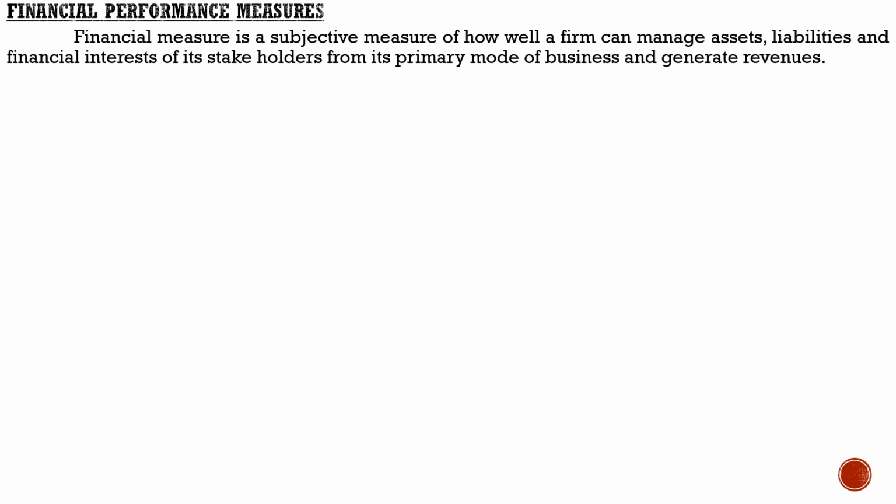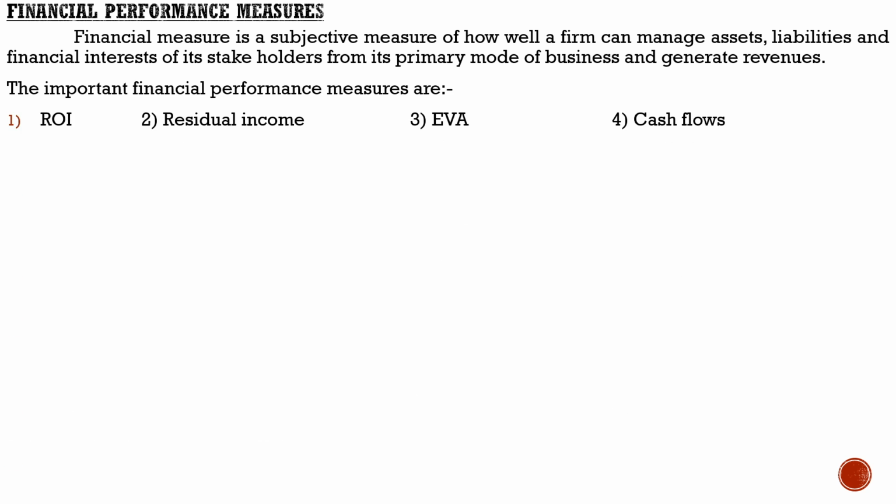There are several measures to evaluate financial performance. The important financial performance measures are ROI, residual income, EVA, and cash flows. Even though there are many methods or tools for measuring the financial performance of an organization, these four are the most important tools for assessing the performance of the organization. So let us discuss in detail each of these tools along with its mathematical applications. So let us begin with